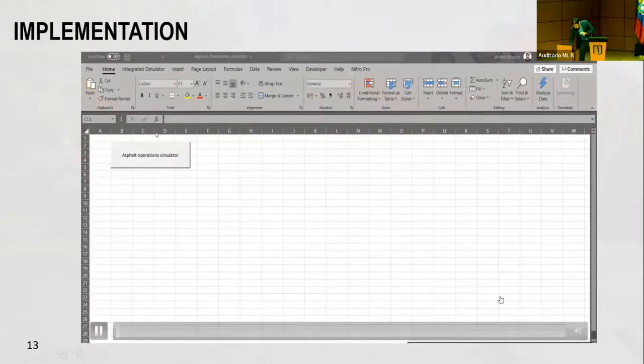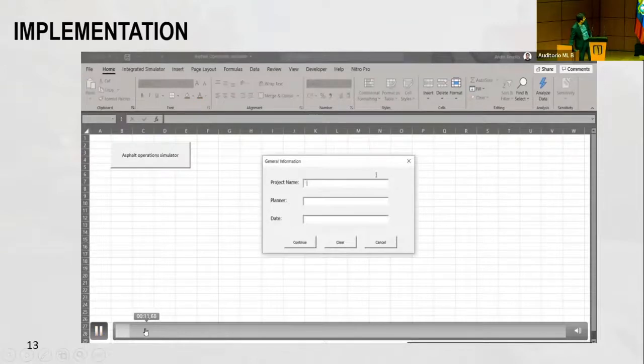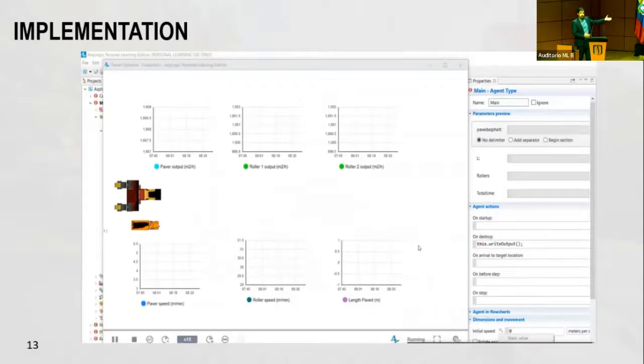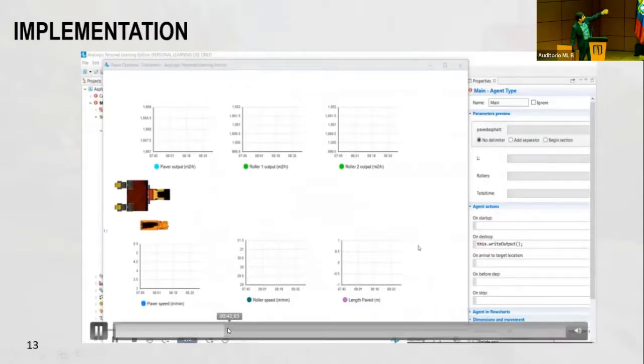So I have a small video of this development that my student did, but it's going to be quite long. Well, it's 2 minutes, but you don't have to see it. So basically, you define the project, you input all the variables that you need. You pass them on to the simulator, and then you run AnyLogic, which is directly connected to that interface. So you could actually speed up this process. It's not supposed to be as slow.